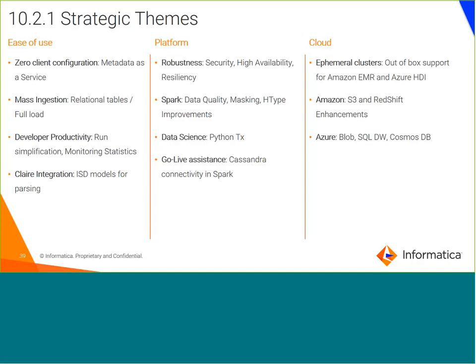So this is a feature which I'm personally very interested in demoing and getting feedback from you all. This is another big thing we are doing in 10.2.1. The other areas are we are improving our developers by adding more monitoring statistics, and then the last one is more about machine learning. So CLAIRE is an Informatica technology or a concept of adding machine learning in whatever we are doing. So we are also adding machine learning in BDM, where we are integrating big data management with Informatica